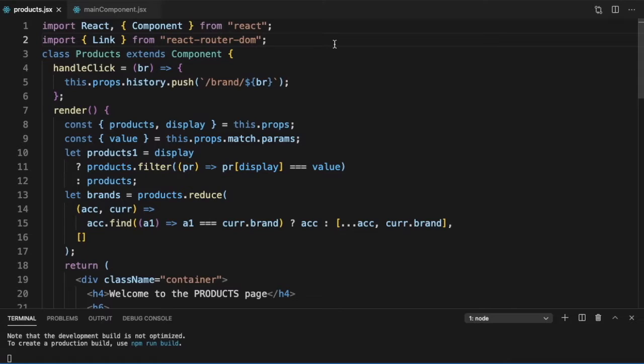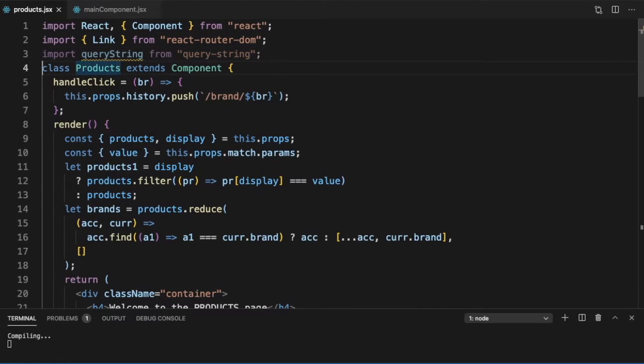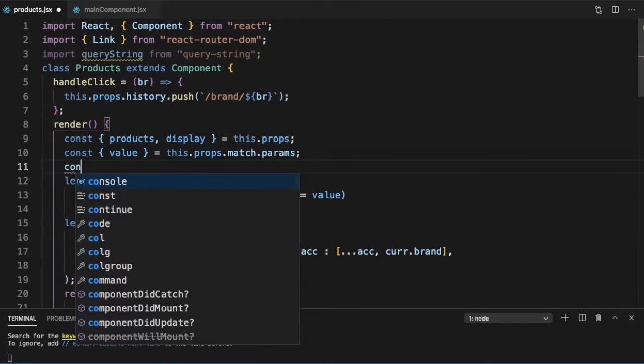So here in our products, the first thing we would want to do is import queryString from 'query-string'. Now once we have imported it, let us now get our query parameters.